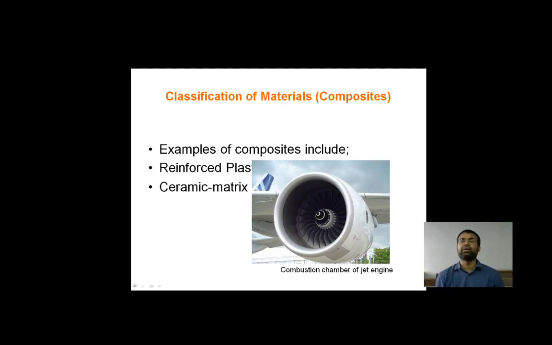As you can see, this is the combustion chamber of the jet engine, where high combustion and high speed rotation are taking place, and high heat resistance is required to maintain the heating resistance in that aircraft so it can fly in a very efficient way. For that, this kind of material is very necessary, and using this material they are also lighter in weight, by which these machines are increasing their load carrying capacities and can easily travel from one place to another